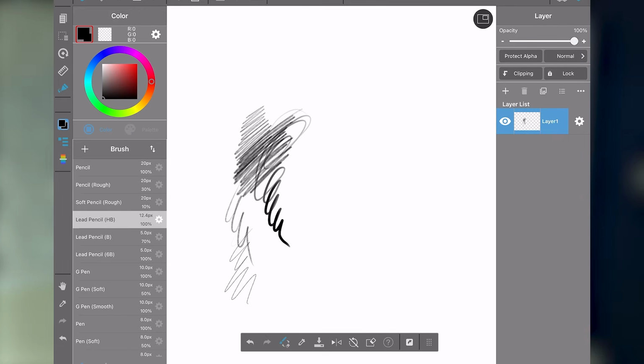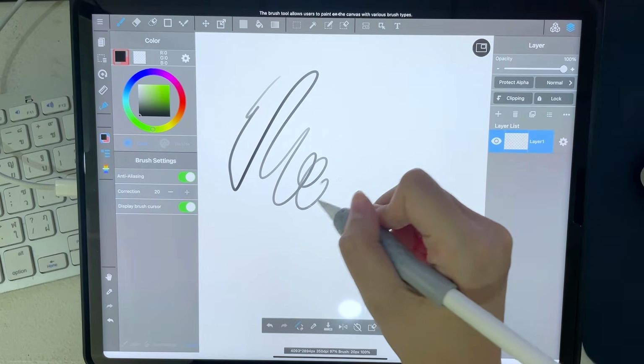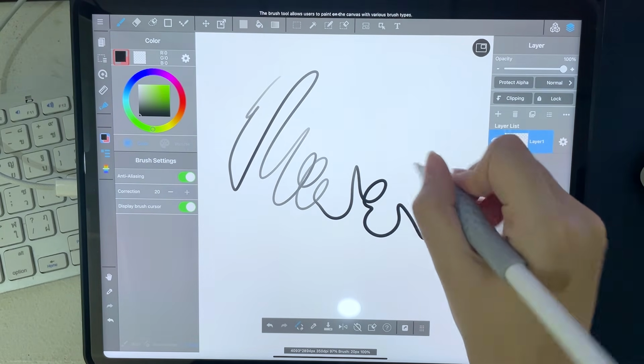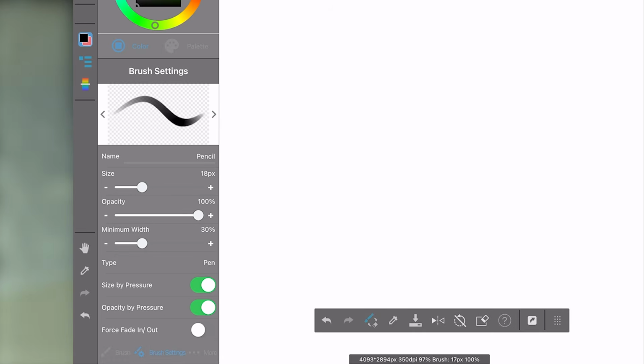Despite how clunky the UI looks, I think it's a bit cleaner than Ibis. I think I would prefer this more. Taking a hard guess at correction for stabilization, but shouldn't it be a slider instead of having to tap up? Can I even type? Nope. Alright, the max is 20. Okay, it's not like Procreate, that's great. But why... Yeah, it should be a slider like this. And this preview should be here.